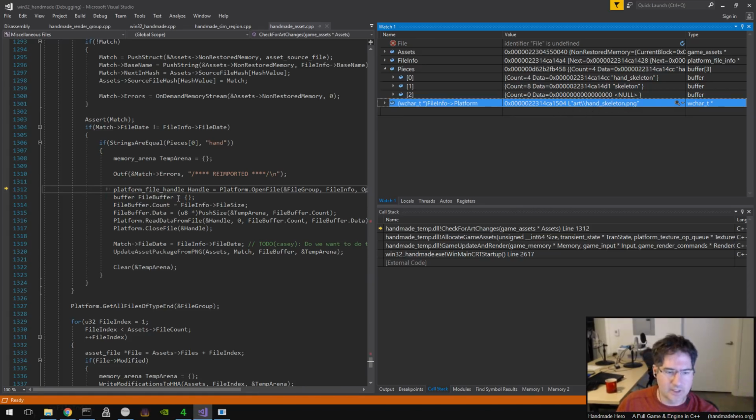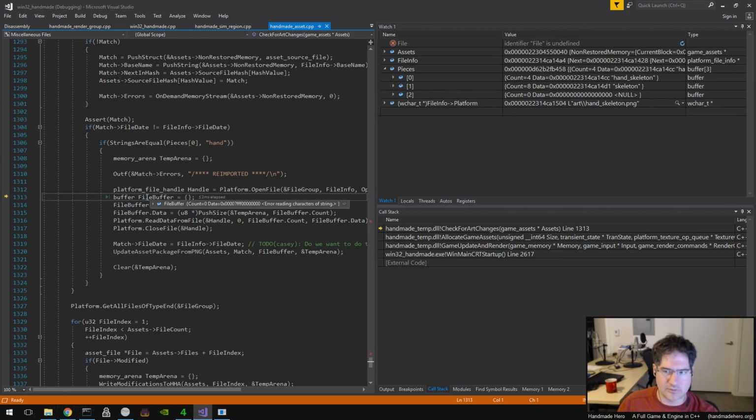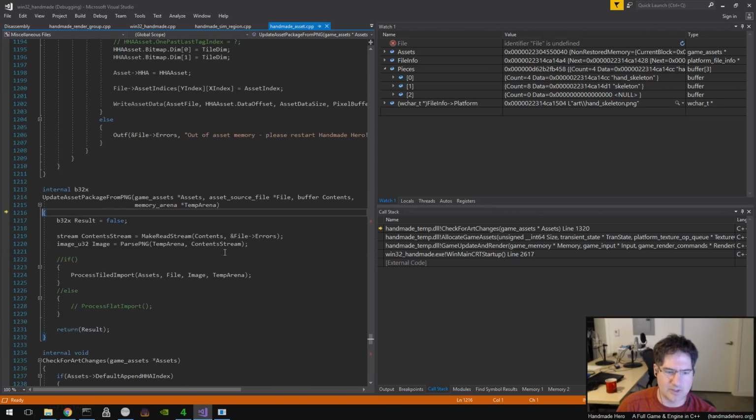So that's good. So we come through here and we say, although, okay, never mind. In here we loop through the file buffer stuff. We read in the data from the file, so that should get us the entire file. Hopefully there's no error on it, which we should probably check, but we didn't. We match the file date and say, okay, now we've got the latest data. We go through update art